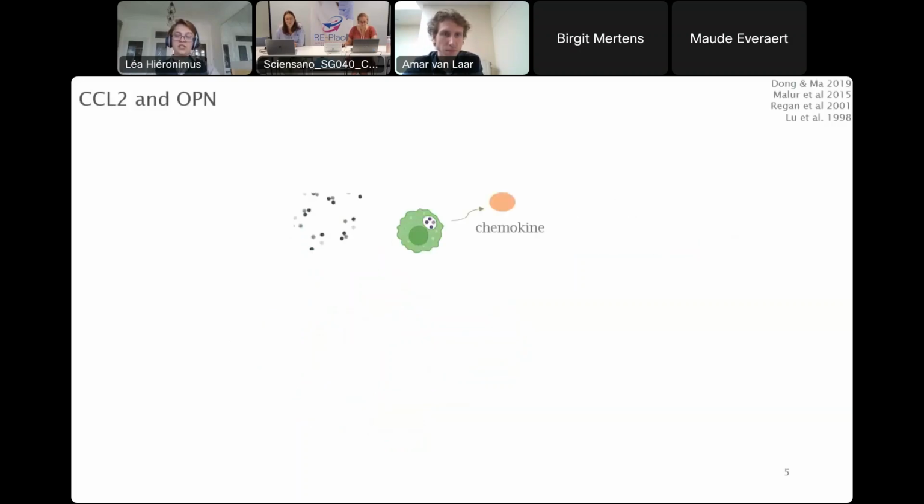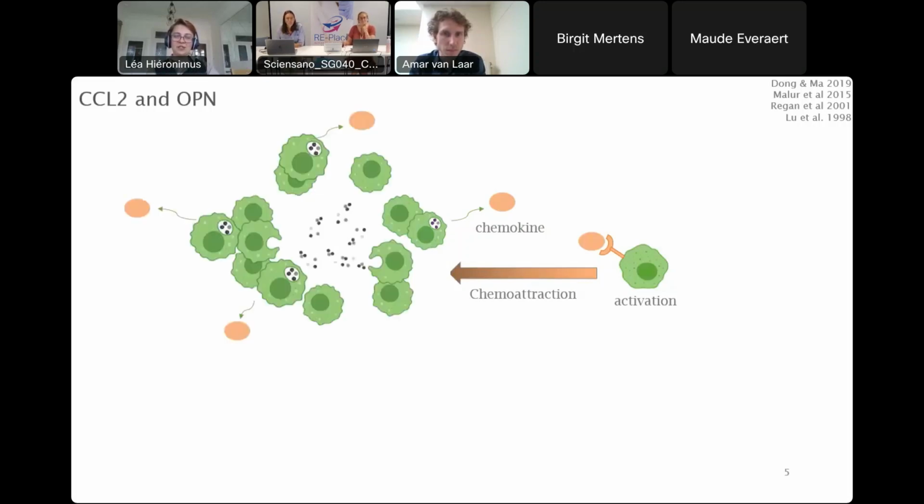Activated macrophages will release cytokines and chemokines, which will activate other cells, macrophages and new immune cells, which, because of this activation, will try to follow the gradient of chemokine, leading to an aggregation of cells surrounding the cytotoxic particles. These cells will become activated, release more and more chemokines, leading to a cellular aggregation surrounding the particles.